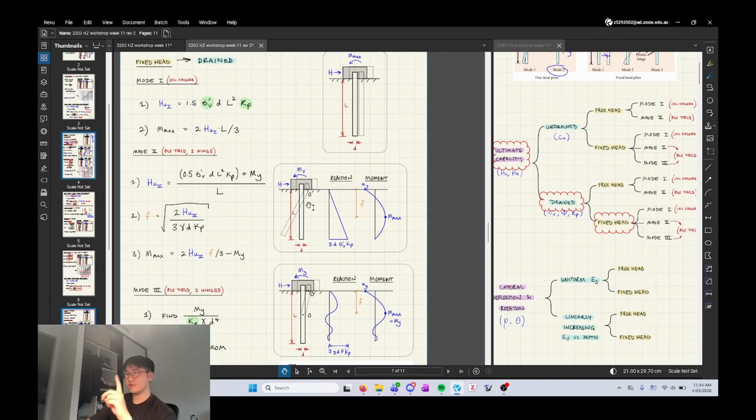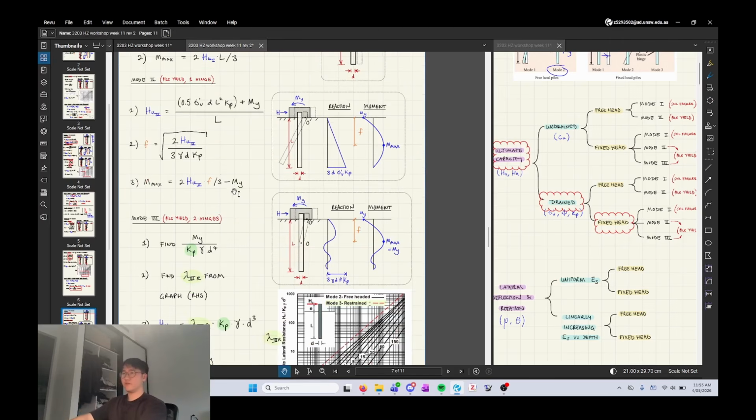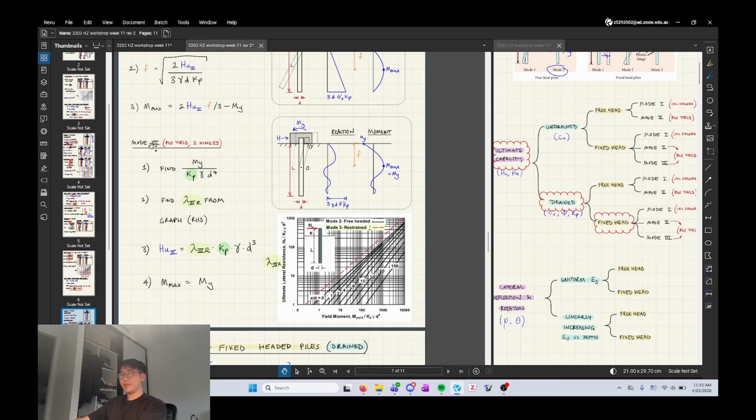you have one hinge develop, and so now I've actually drawn the full distribution. Again, this is just for context mostly. You can literally just follow these steps and you'll get the right answer. So that gives you the max moment and the max horizontal force for failure mode 2. And then failure mode 3,